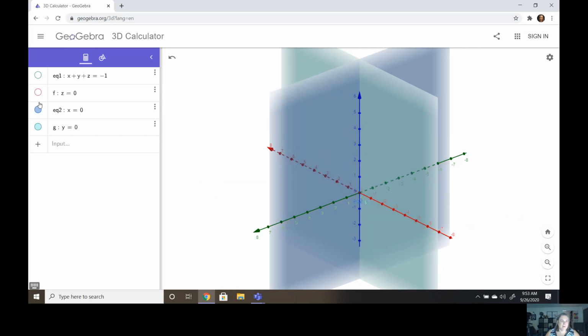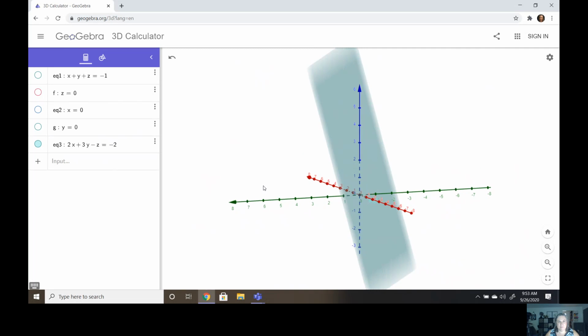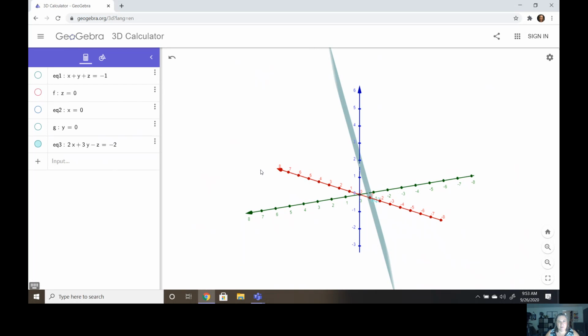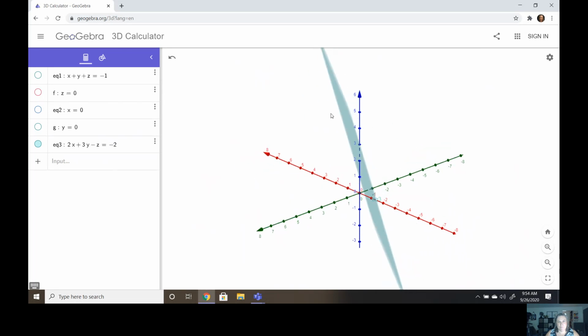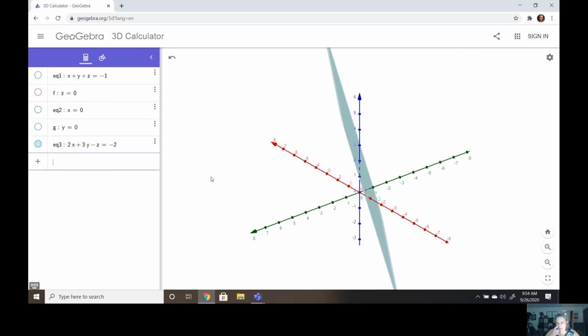And so let's just get rid of these for a minute and put another plane in. A random plane. I might modify it if I don't like how it looks. Okay, so here it is. So it's just a plane with a different slope. And the slope, in what we think of as a slope of a line, is the normal vector, which is 2, 3, -1 in our case, if you look at the numbers in front of the X, Y, and Z. So here's that plane. And then if I added another plane to this,